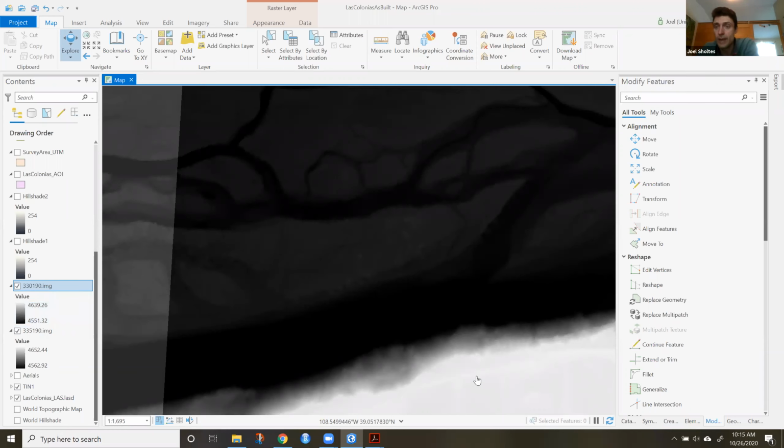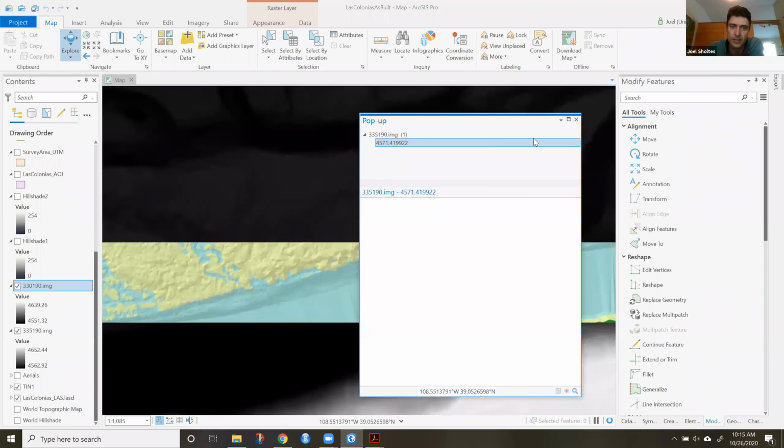So you can have a raster that has horizontal projection in meters, and so the units in terms of X and Y and the cell size are all meters, but the elevation values are in feet, and that's a little confusing. It doesn't really matter,